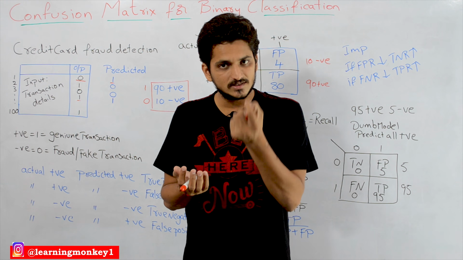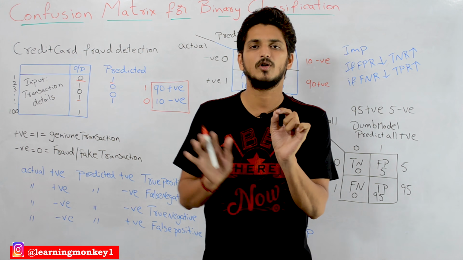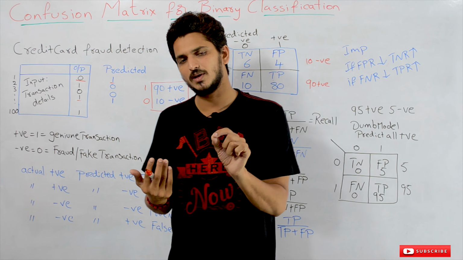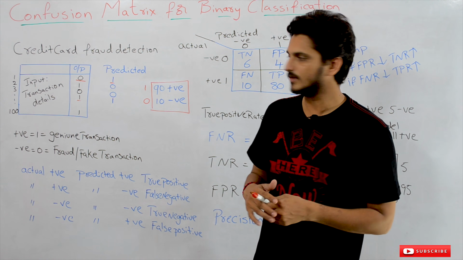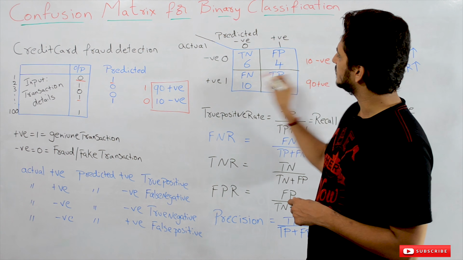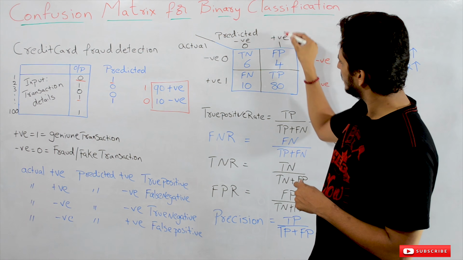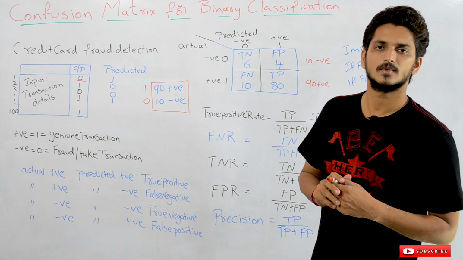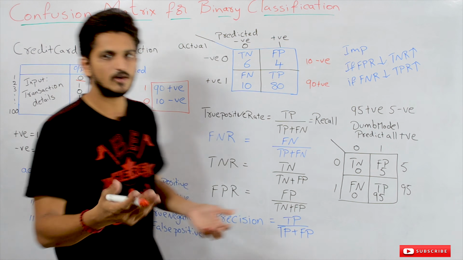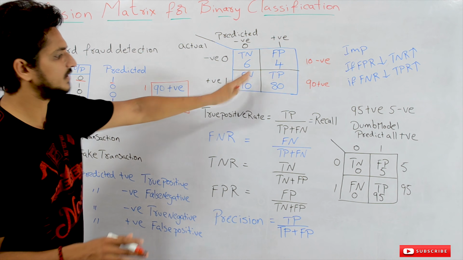So the class of cancer patients we take as the positive class. Most people follow that: the class of interest is taken as the positive class, and obviously the remaining will be the negative class. The positive class is taken in the first line, and the negative class in the next line. Most people follow this, but it is not mandatory, and here we are following the opposite.